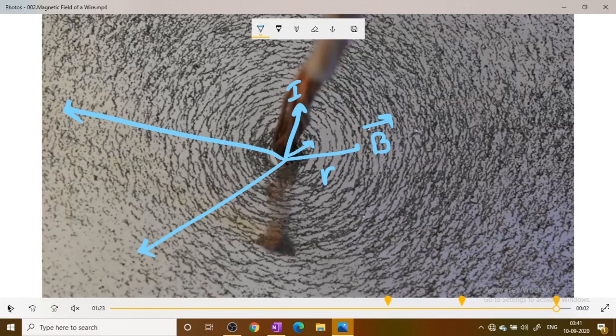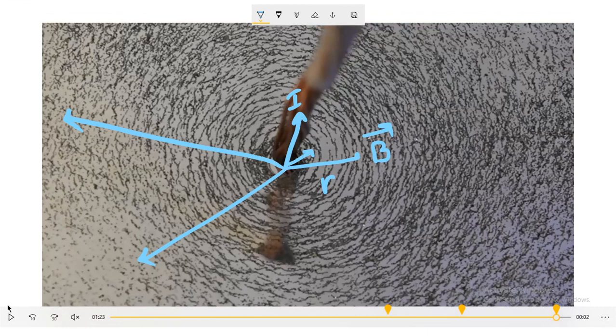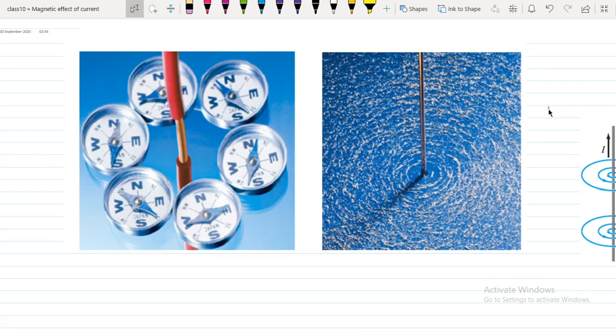That relation is given by Biot-Savart. So let us understand the principle of Biot-Savart to calculate the strength of the magnetic field due to a current carrying wire. To find the strength of the magnetic field near a current carrying conductor, the very helpful law